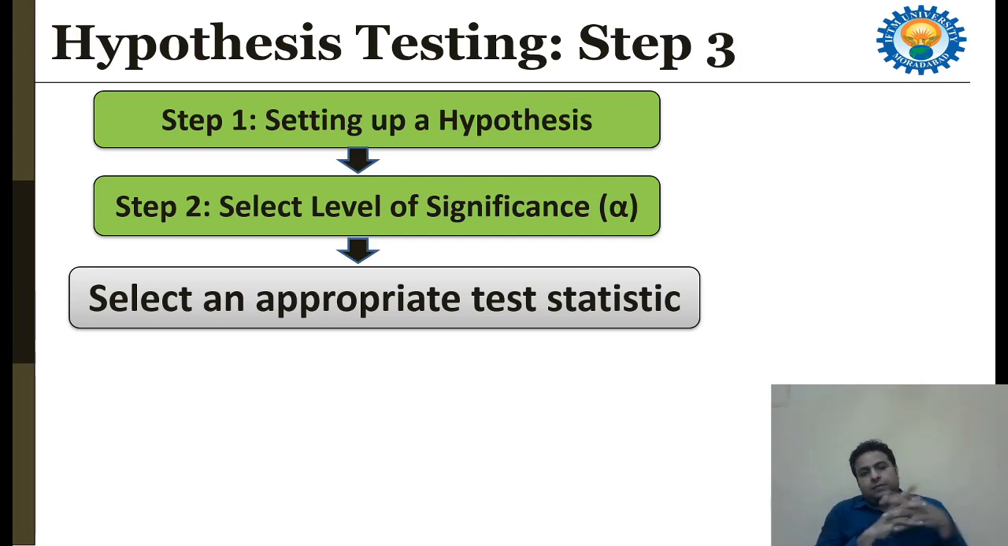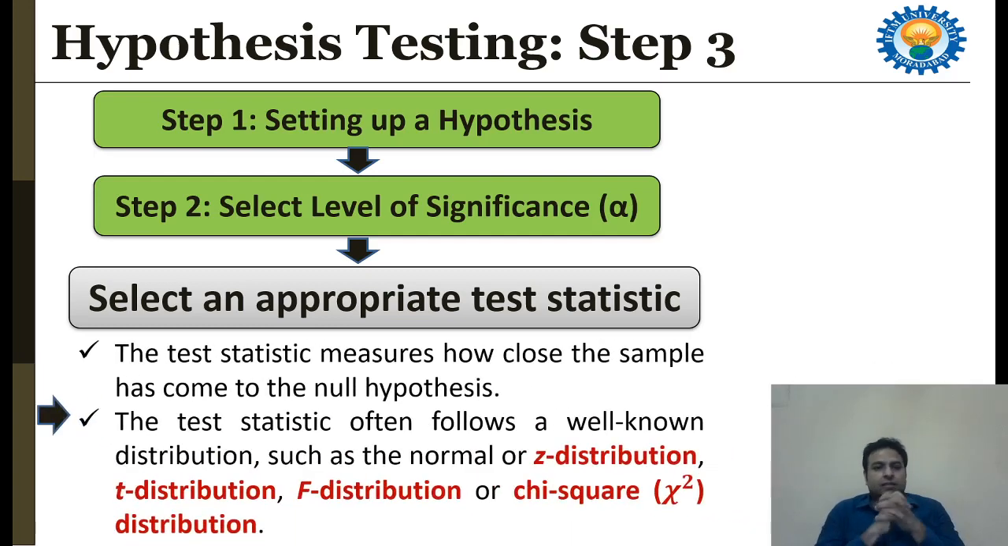So in the next step, where we have to select an appropriate test statistic, it measures how close the sample has come to the null hypothesis. The test statistic often follows a well-known distribution, such as the normal Z distribution. We have the t distribution, we have the F distribution, or we have the chi-square distribution. So these are the common distributions we use